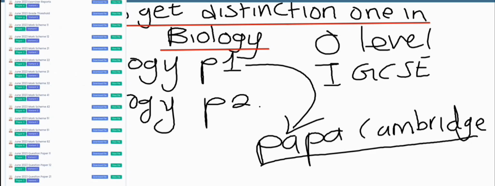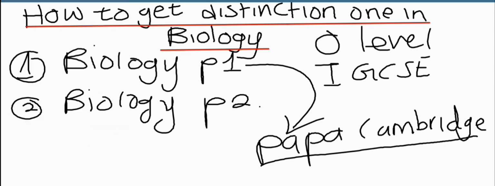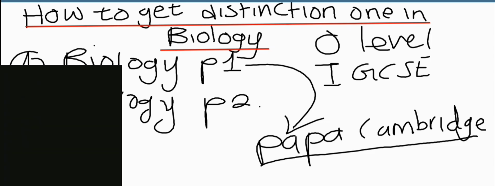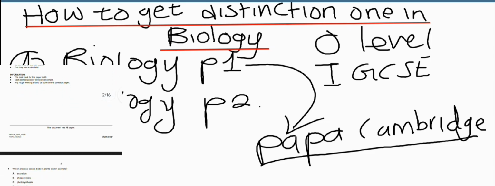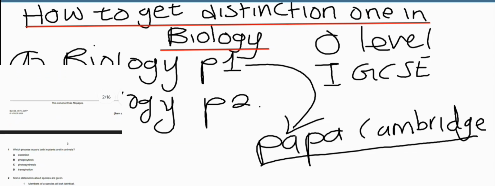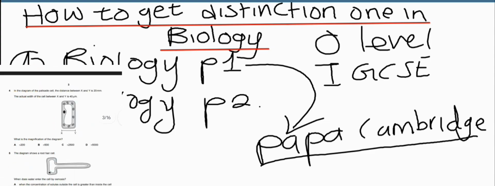Usually, you need to just download biology paper 1, not biology paper 2. Just download biology paper 1. So let me just show you how to download biology paper 1. So now after you download,